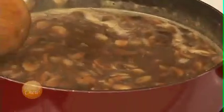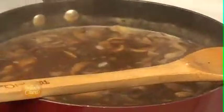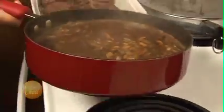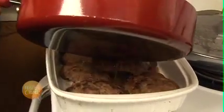And after a few minutes of simmering, our gravy should reduce slightly. Now we're going to add our mushroom gravy to the meat. Next, just spoon over